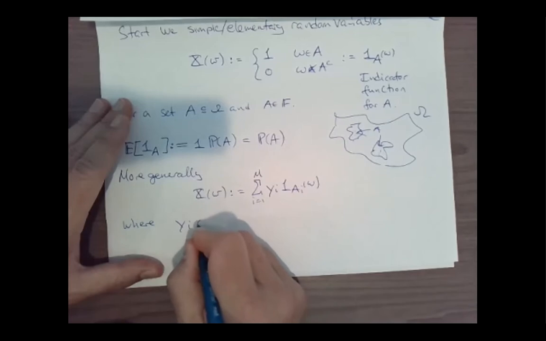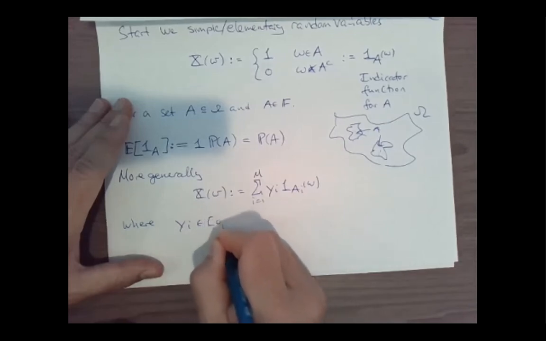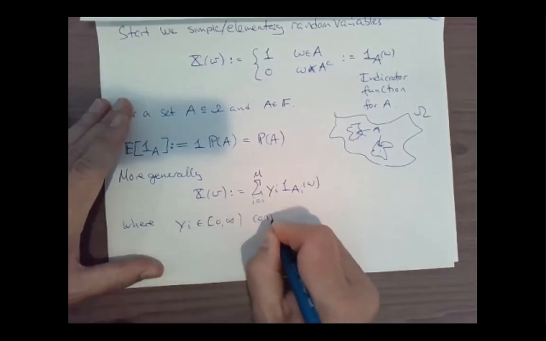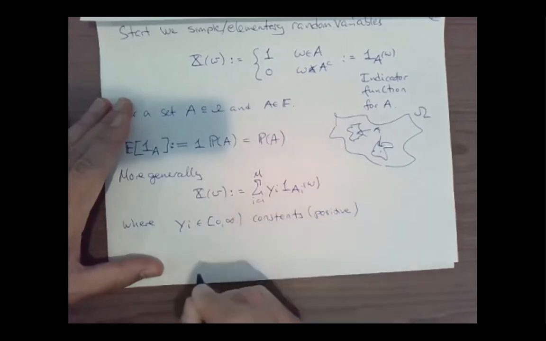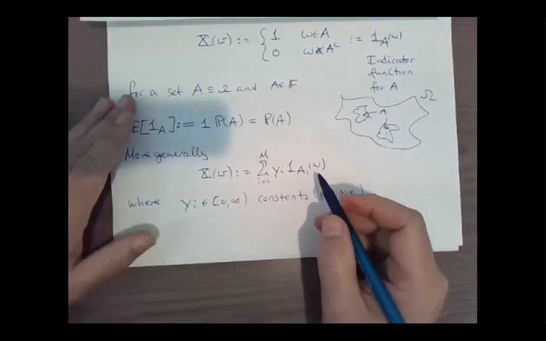So the y_i's are constants between 0 and infinity, and positive. And the A_i's,